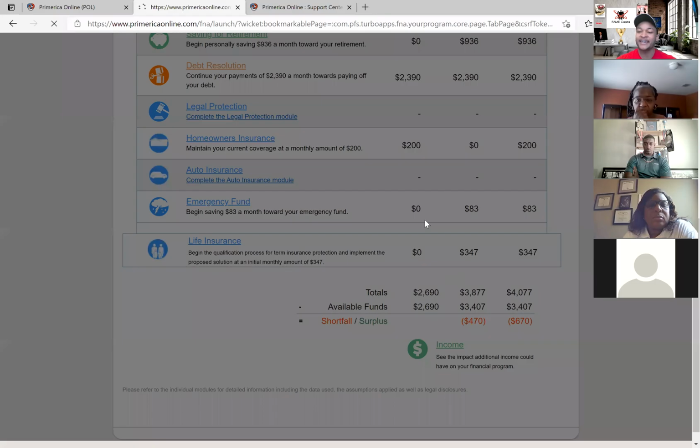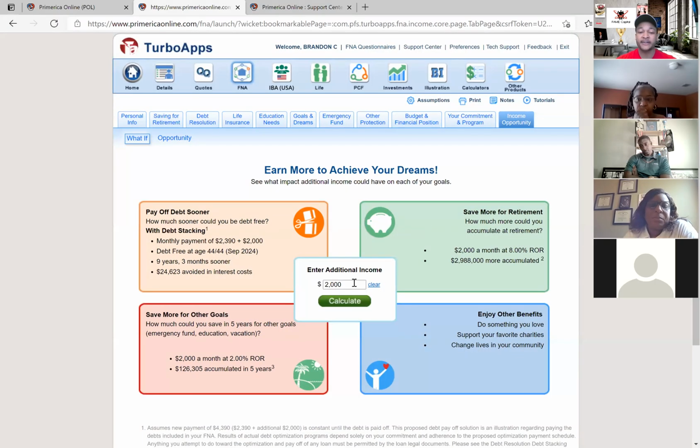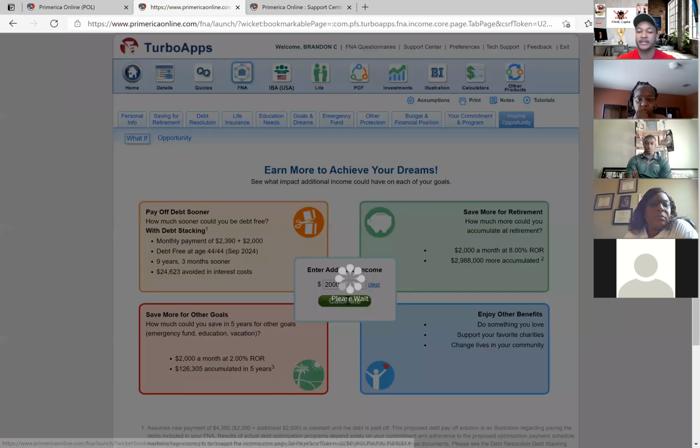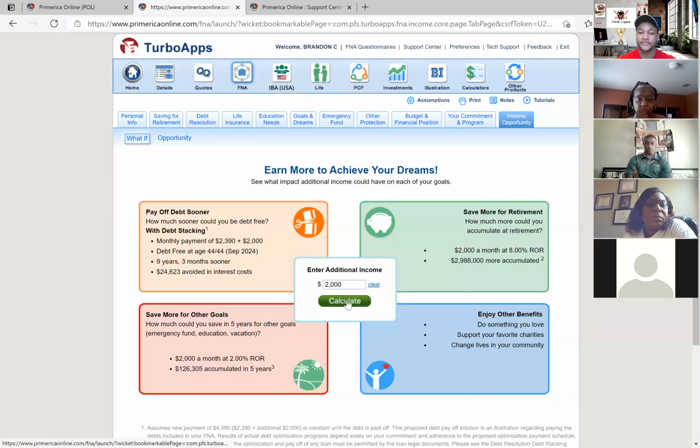You click on that. This is where the recruiting comes into play. Where we say, let me show you if we had an extra $2,000 a month coming in. Take a look at this. If we include it in debt stacking, it'll get you out of debt 9 years, 3 months sooner. If we had it going towards retirement, that'll be an extra 2.9, really $3 million for retirement. If we had it going towards other goals and dreams, $2,000 a month, just earning a basic 2% rate of return in 5 years, that's